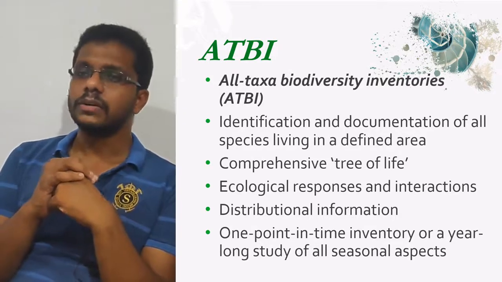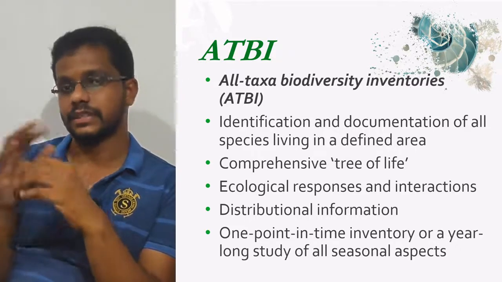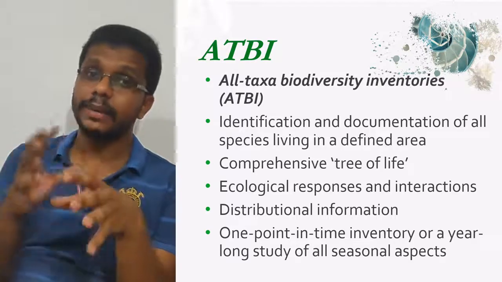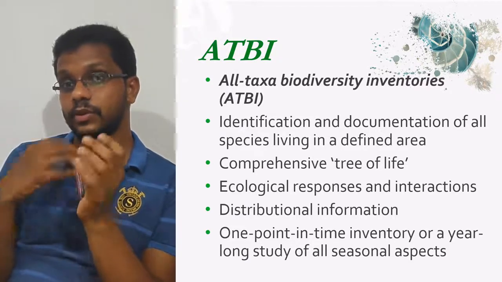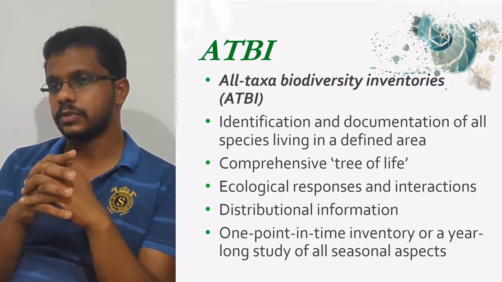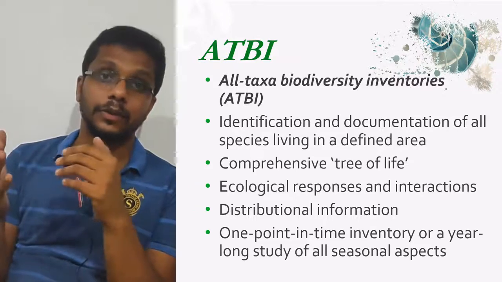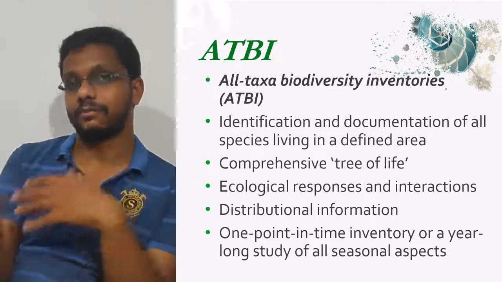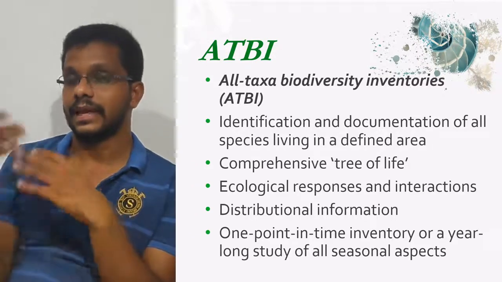But most of these ATBIs avoid microorganisms because they are very difficult to study. Maybe they include microorganisms, but the studies will be very limited. Studying the viruses, bacteria, and everything is very difficult. So basically, we study only the microorganisms which are either too beneficial for us or too harmful for us. So we are avoiding most of the microorganisms which play a critical role in the